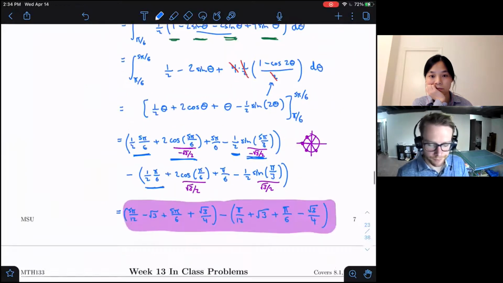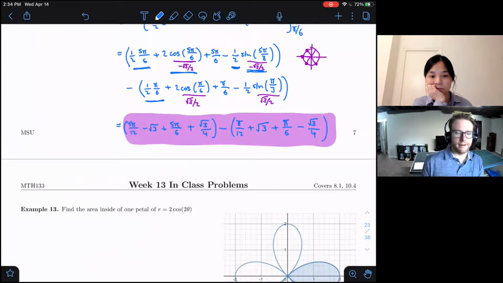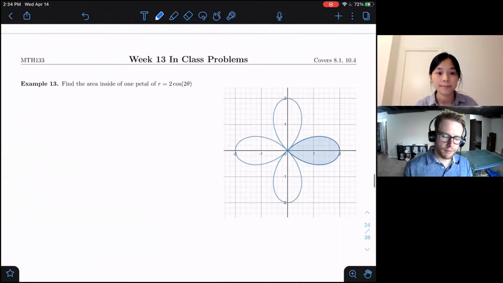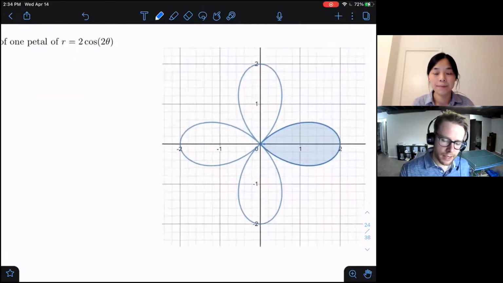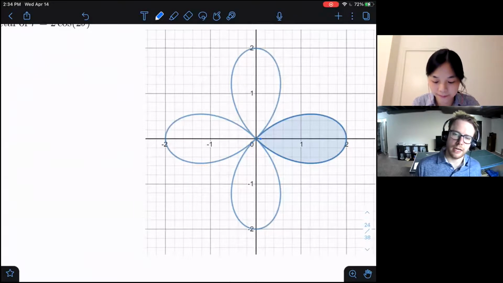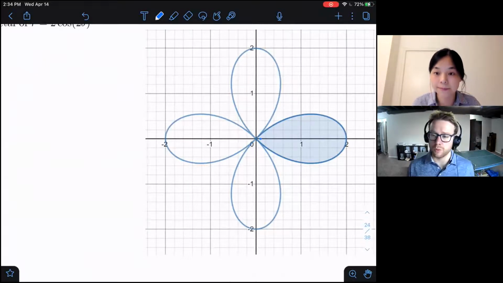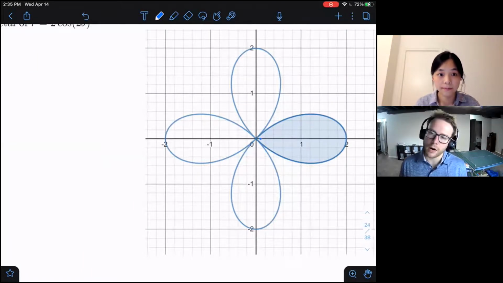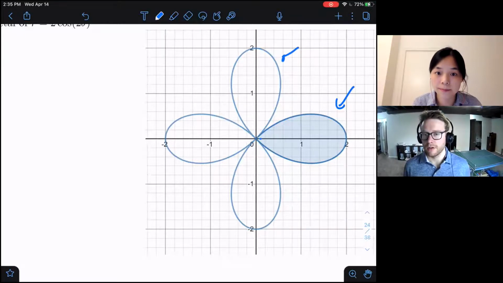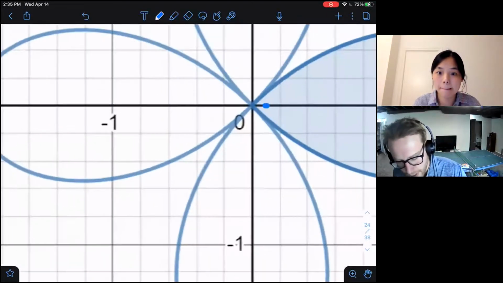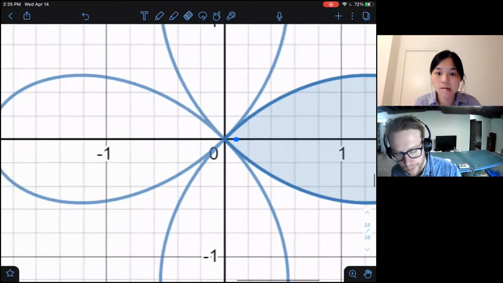Okay, well then, we can at least begin example 13 here, even though maybe we won't get all the way through it. Again, you can see that we're very interested in calculating the area in just one of these petals. And so you have to start to get interested in, well, when are we on this petal versus when do we get onto some of these other petals? And then you see, when you zoom in, that the transition points always seem to be